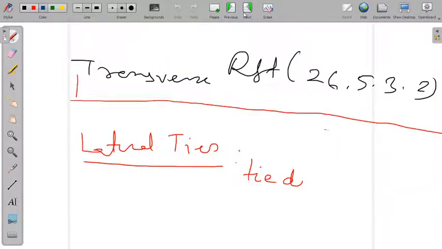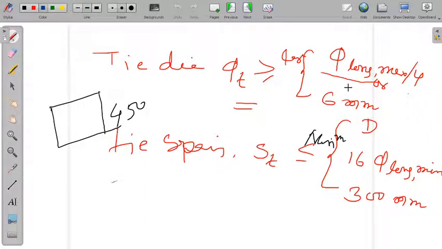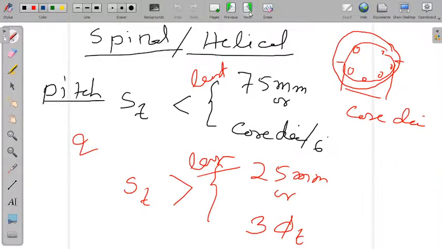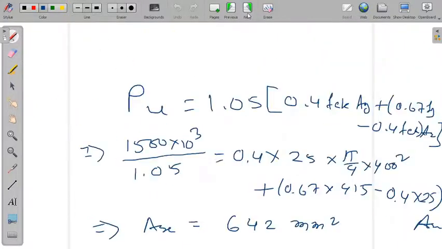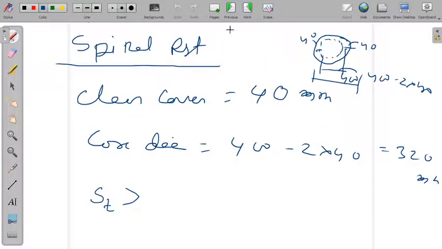What was that? Tie diameter. Phi long max by 4 or 6 mm. I have written phi long max by 4 or 6 mm, whichever is larger. It should be greater than or equal to. So phi long max by 4 we will see here. Phi long max greater than or equal to